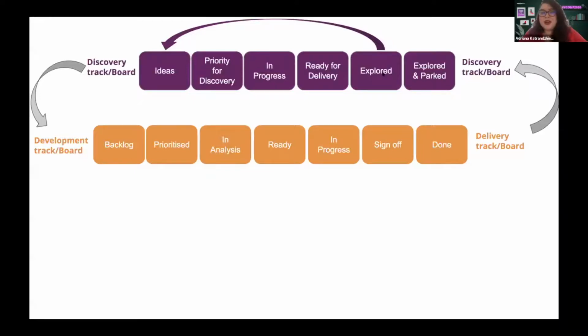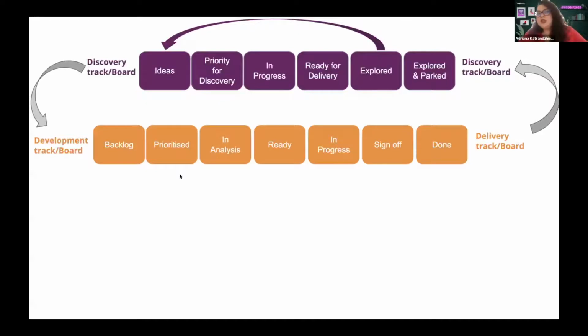Or is it something that we explored and we want to learn more of, in which case it goes back into ideas? Or is it something that we've explored and we kind of want to kill it? So we didn't name it Kill It because it wasn't selling, but we named it Park. So this is something that we parked for the time being. And maybe later on we wanted to evaluate again, but for the time being, it was deemed as something that is not worth investing further effort in, or it wasn't valuable enough for the users. So it was very important to keep track of those items as well.